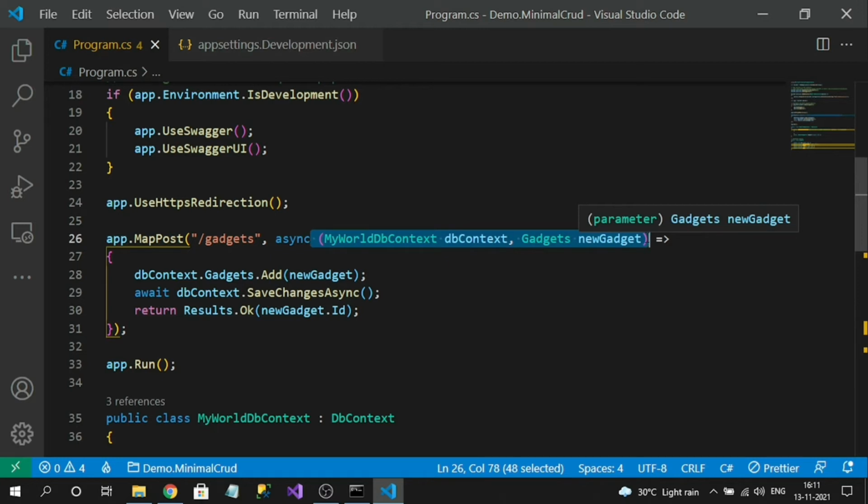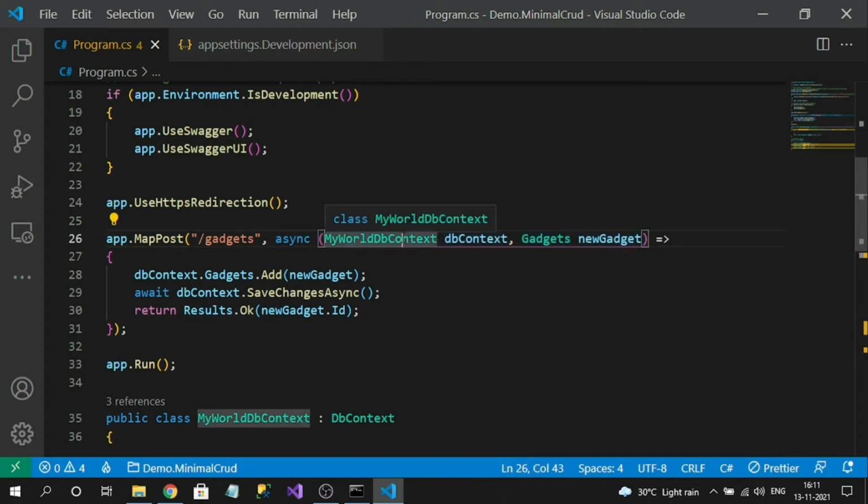But my DB context will be injected by the framework, and this gadget is the payload from the user. When the user posts some data to this minimal API endpoint, all the form data is read into this gadget. Finally, I am adding that gadget.